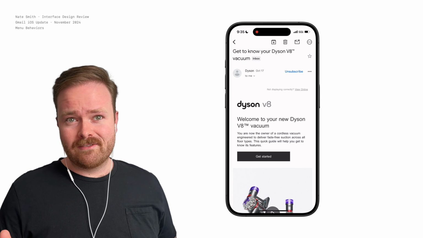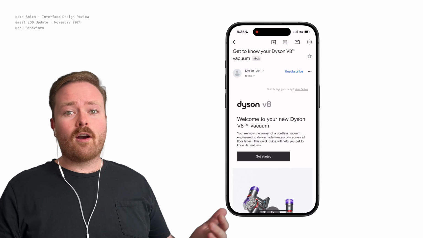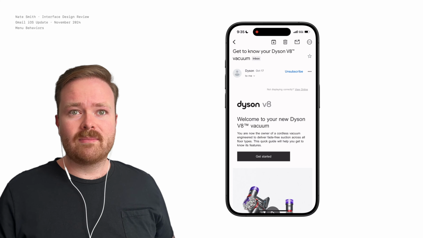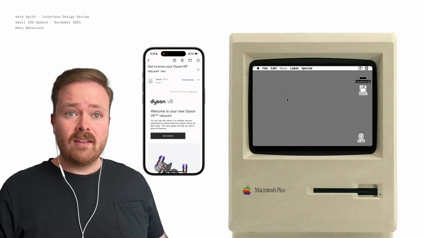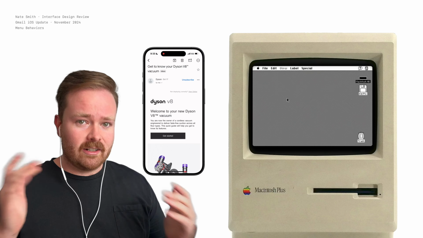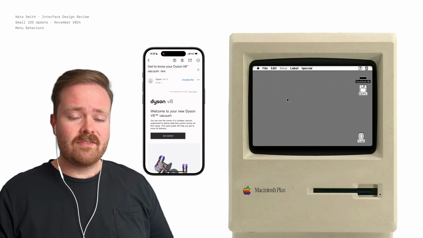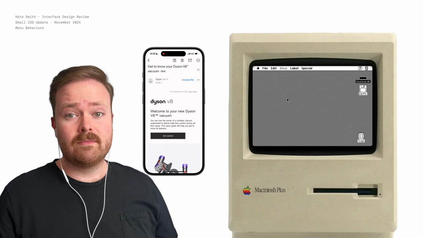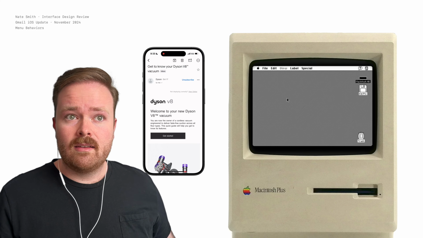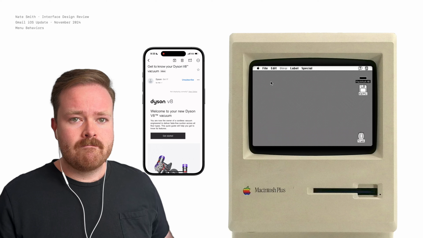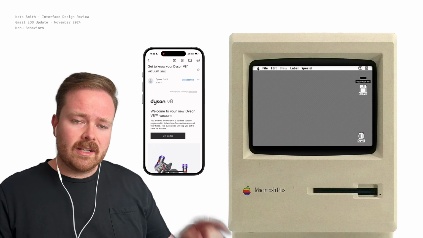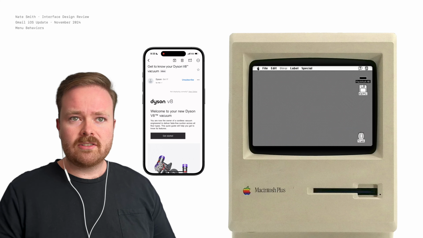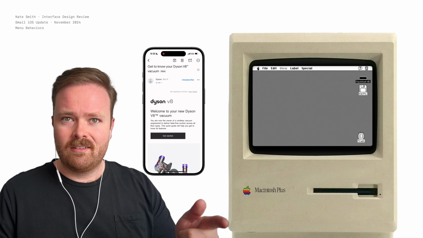What's interesting here, I find, is that this is actually far from a new behavior in this iOS menu. As it turns out, in the original Macintosh interface, 40 years ago, they had this menu bar at the very top of the screen, just like we have in Macs today. But it worked a little bit differently. If you tried to click an item, like the apple here, you'd actually just see it flicker and disappear.